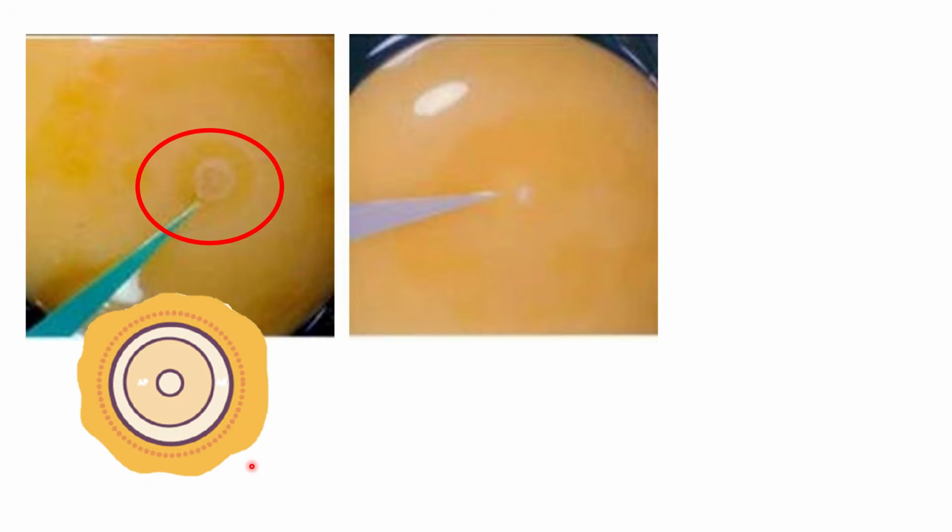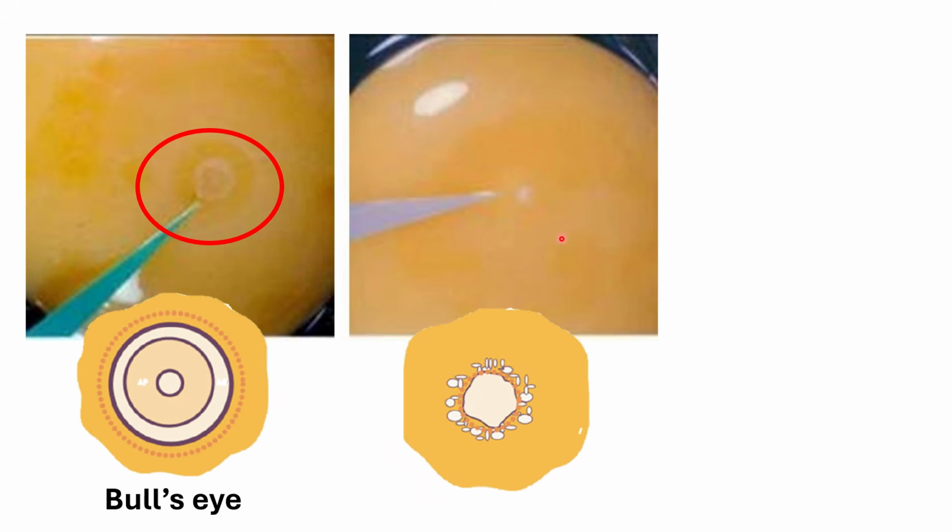If there is germination or fertilization, it is termed your blastoderm. While if it is not fertilized, we call it your blastodisc. So this is an unfertilized egg and there is no clear bullseye pattern.